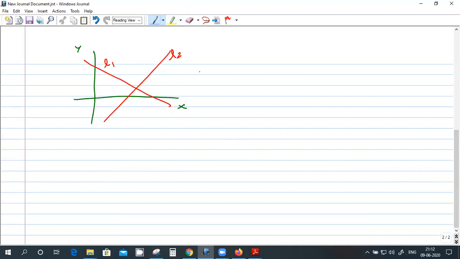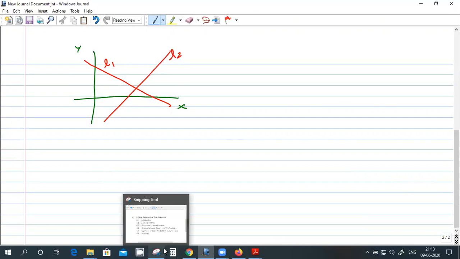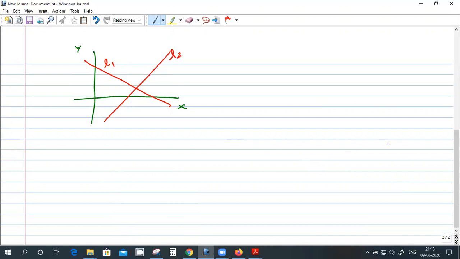What is the first obvious difference? On the basis of the quadrants they pass through. Yeah, any difference? And then